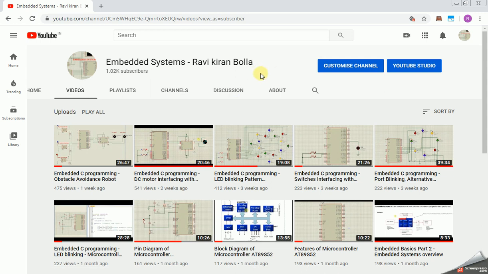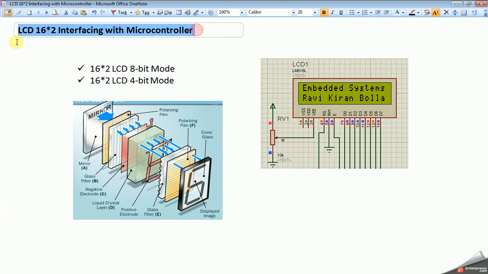Hello guys, in this video I am going to discuss 16 by 2 LCD interfacing with microcontroller. We can operate 16 by 2 LCD in two modes, that is 8-bit and 4-bit mode.